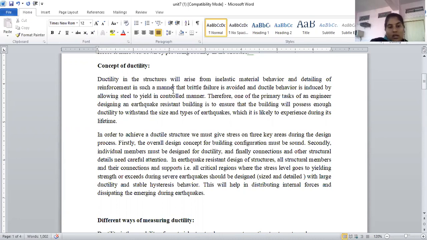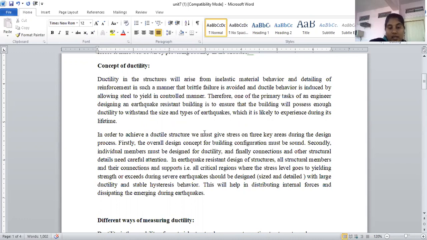So for that purpose, we have to move for the ductile detailing of RCC members with ductile behavior materials. Brittle material, if loads come on the structure, will automatically collapse. So we have to take care to use material which is ductile in nature. We cannot go for brittle behavior of the material, and such types of material we cannot use for structures. Now we can move towards the next point.